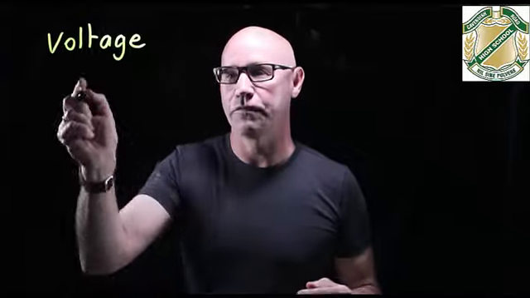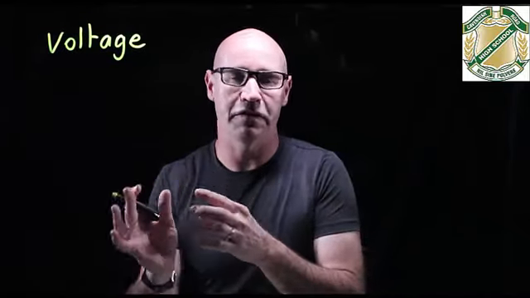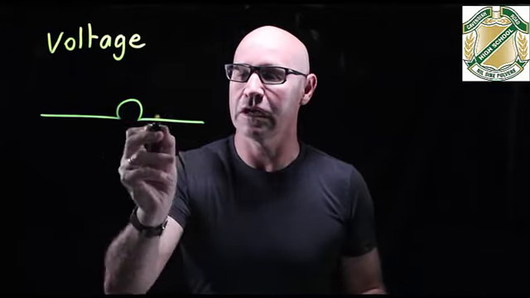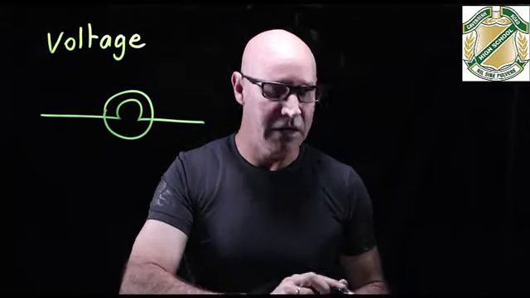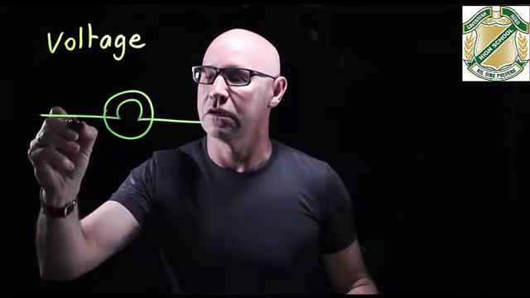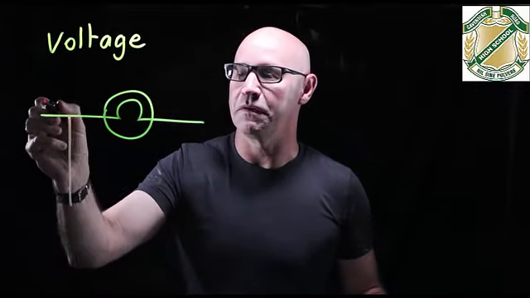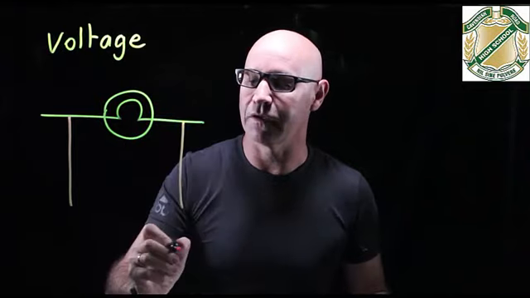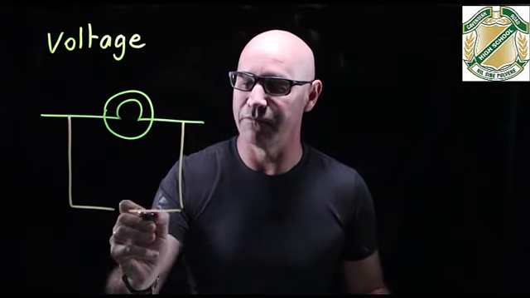One of the ways that we can measure electricity is through voltage. And voltage is a measure of the difference in potential energy between two different parts of a circuit. So, for example, if we've got a circuit here with a light bulb and we measure the voltage before the current gets to the light bulb and then also after using a voltmeter,